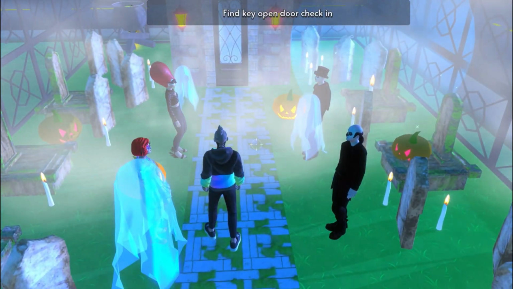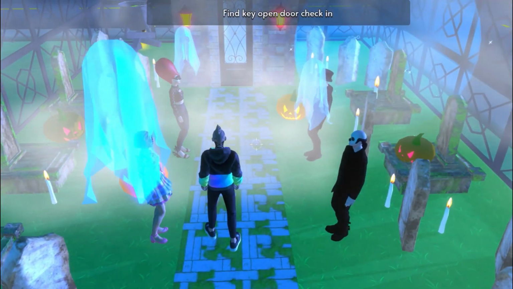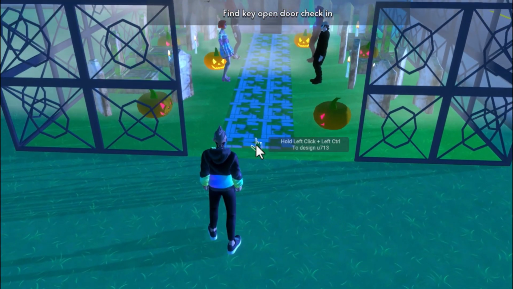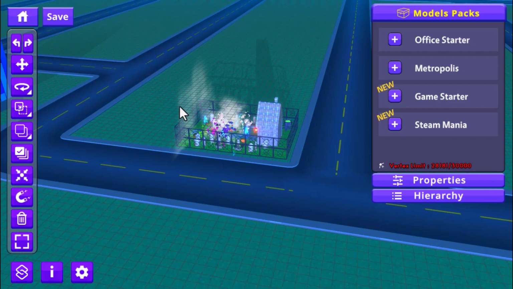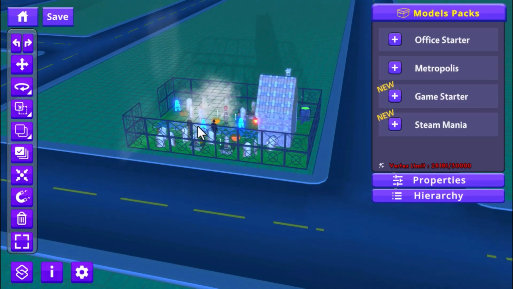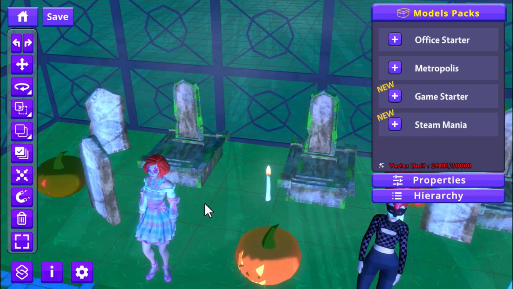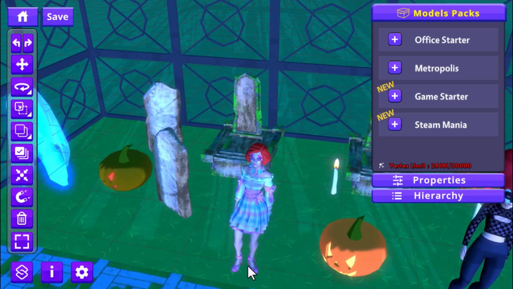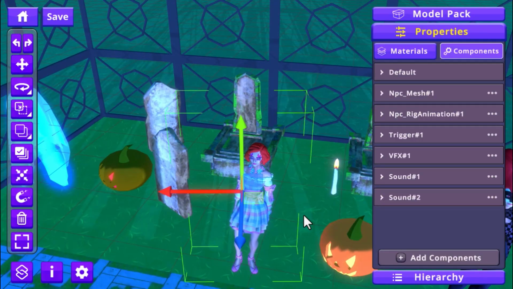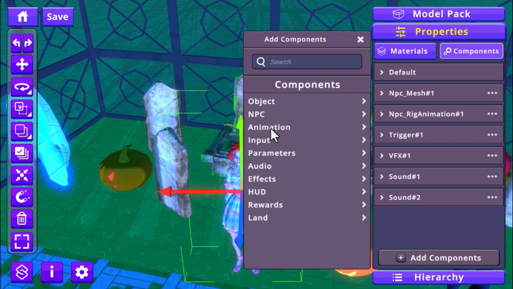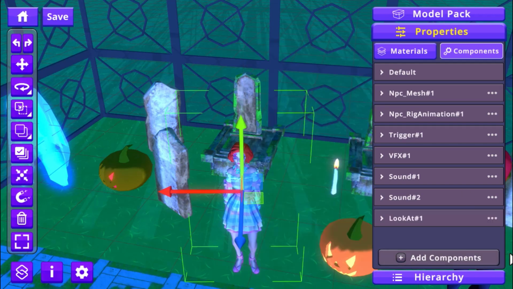And now I want to show you how to use the LookAt for your objects and also your characters. So let's go to the builder. And from here I want to select one of my objects or maybe characters. For example, I will select her. I want her to look at my player as soon as my player gets inside my land. So I will select her, and from the add components I will select the animation list and add LookAt to